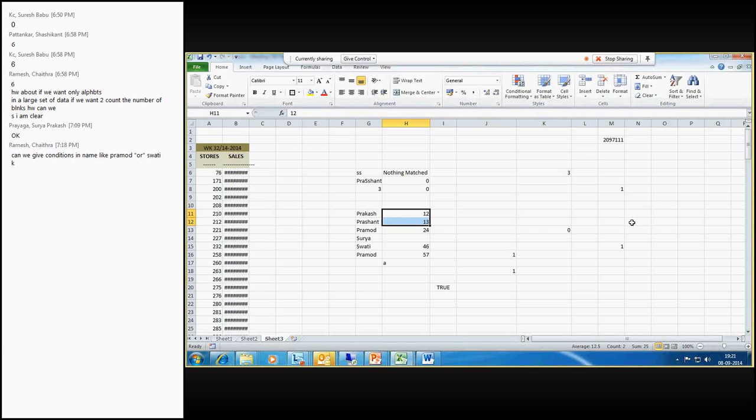But for COUNTIF, it will take both. Both the conditions should be true. As you're saying, if any of the conditions is true, you should take the count. So in that case, we need to use